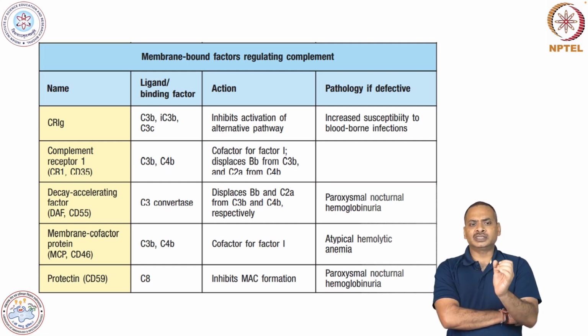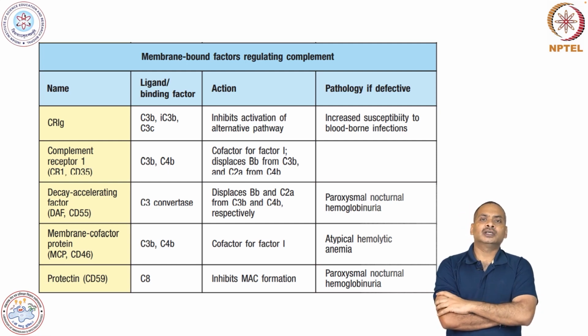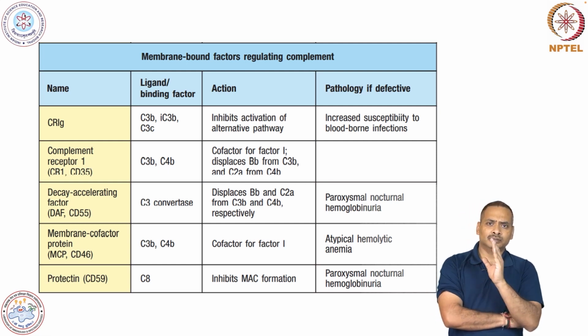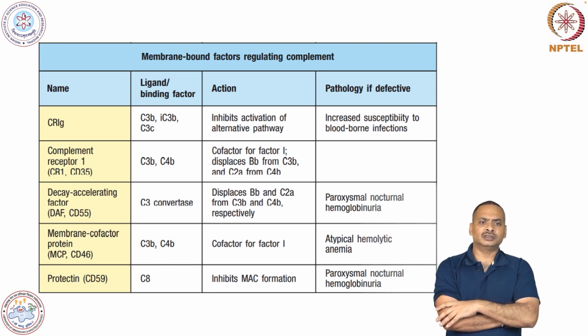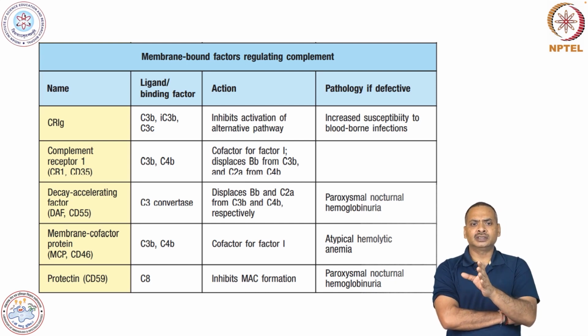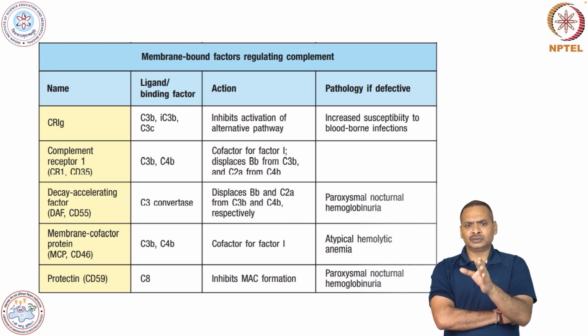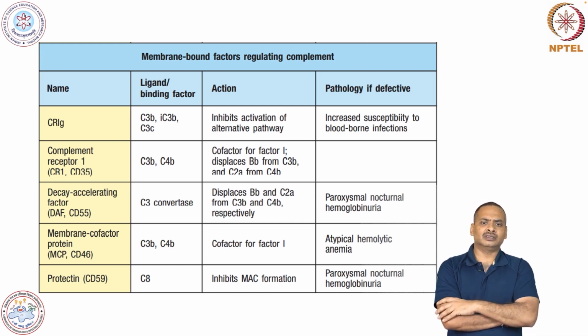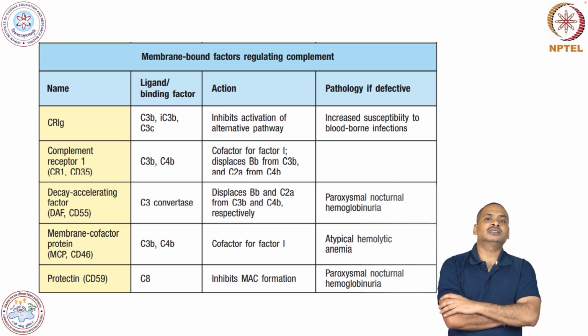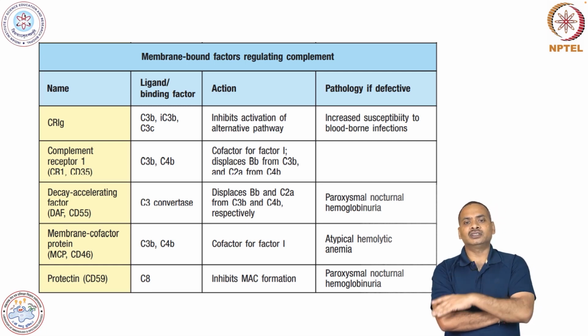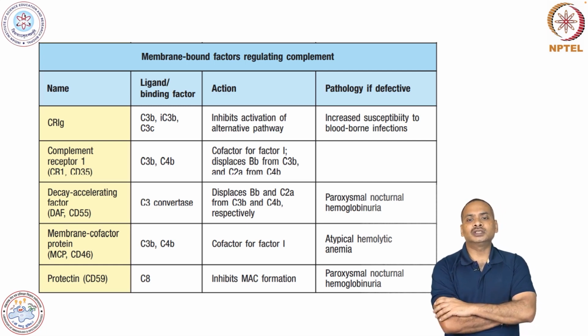It basically displaces the factor B larger fragment from C3 convertase and C2a from C3b and C4b. And if there is a deficiency in this DAF, or CD55, that will result in paroxysmal